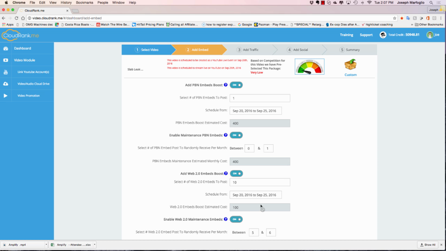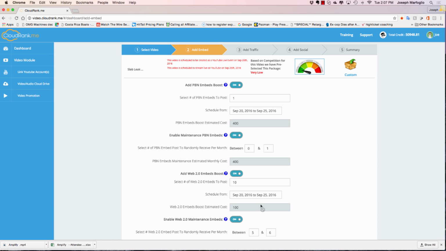If we have to move your video up from page, say, 4 to page 1, we have to build authority on that video. We have to make YouTube and Google think that people really like that video, that they're typing in to search for a certain keyword, say, plumbing San Diego, that they're finding your video and they're liking your video or they're sharing your video, right? And then so it's going to move that video up in the search engines.